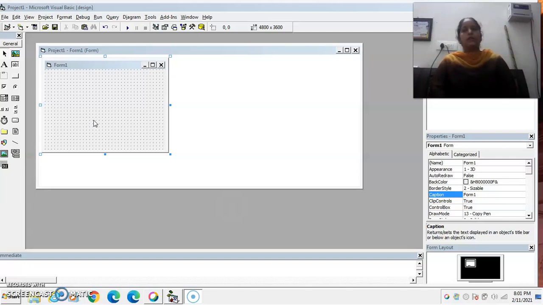Custom controls are stored in .vbx or .ocx files. Windows common controls and common dialog controls are included in the custom control category. For example, if you want to add animation or a toolbar in your project, then you require the custom controls.